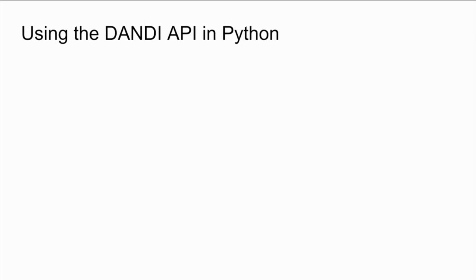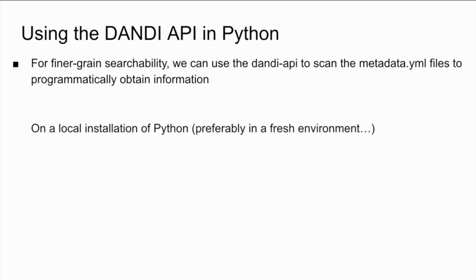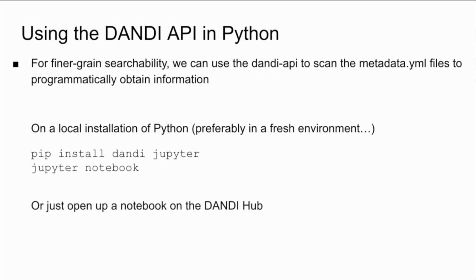Doesn't help you with those, but what you can do is you can implement those types of searches yourselves through the public Dandy API. This scans the metadata YAML files stored on the Dandy archive that programmatically obtain all the information. And so on a local installation of Python, I have some tutorials here. All they require is Dandy and a Jupyter notebook. Launch up a Jupyter notebook. You can even just run this by default on the hub, which is actually the recommended way, because when you